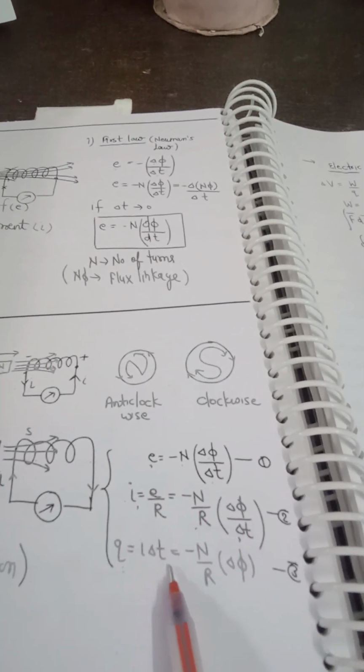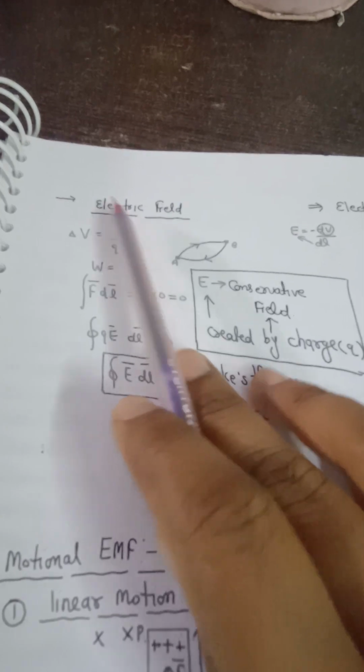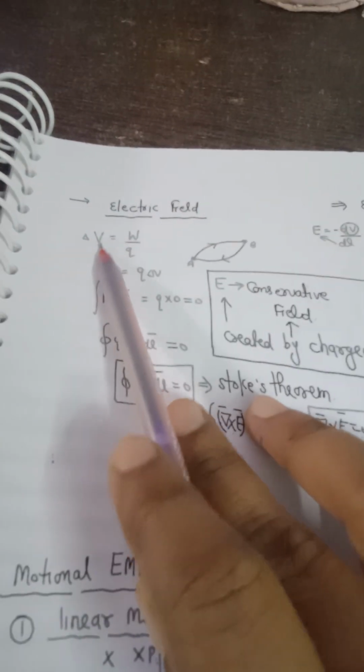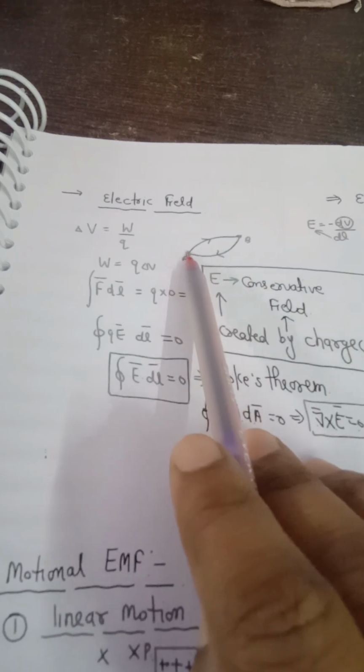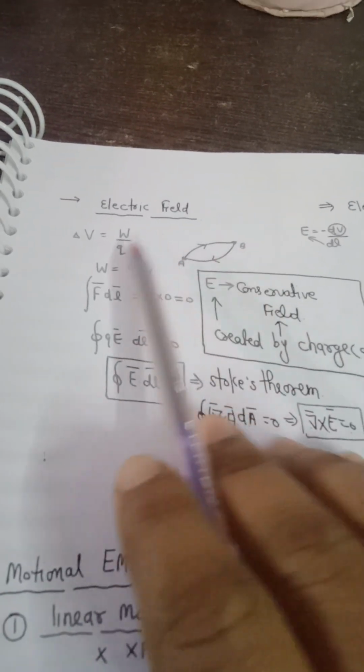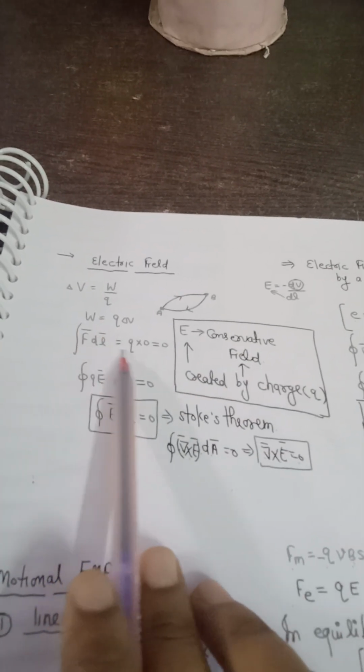Q is equal to I delta t, that is equal to minus n upon R del phi. Now we will discuss electric field. So del V is equal to W upon Q. There is a circuit from A to B and B to A. So W is equal to Q dot del V, and we will define W by closed integral F dot dl,